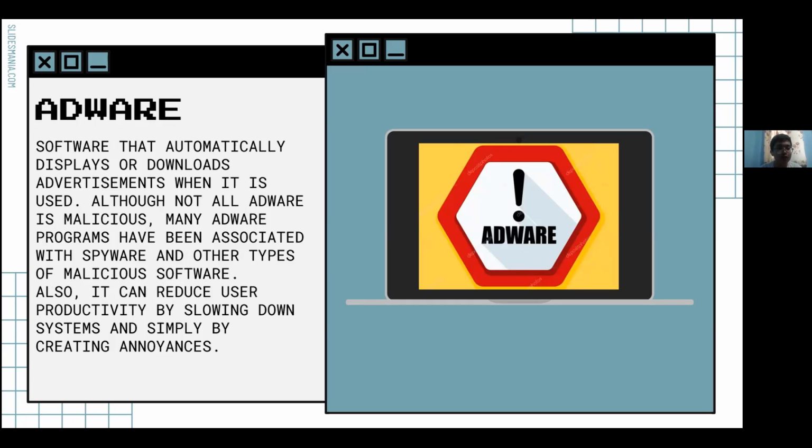Adware. Software that automatically displays or downloads advertisements when it is used. Although not all adware is malicious, many adware programs have been associated with spyware and other types of malicious software. Also, it can reduce user productivity by slowing down systems and simply by creating annoyances. Next,